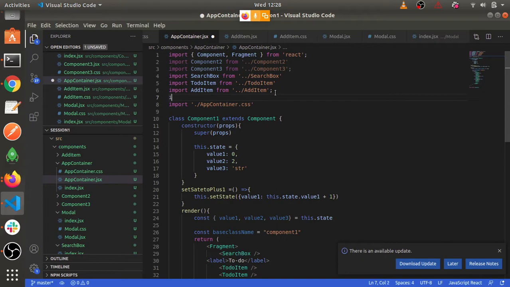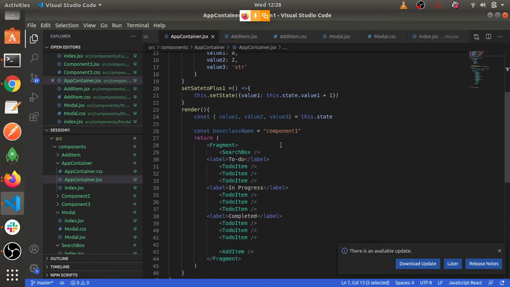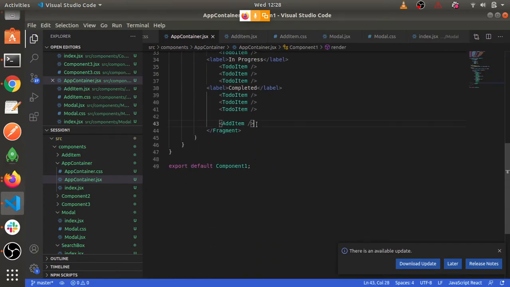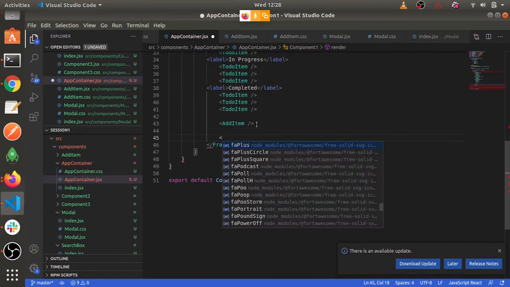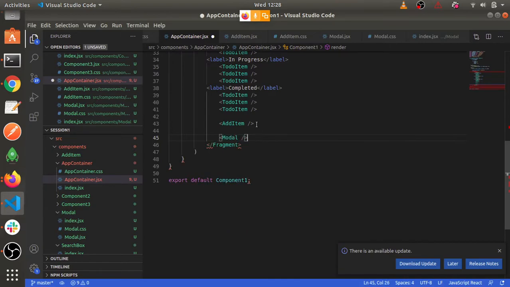I'll import it inside our container: import modal from modal, and use it here. This semicolon is not needed because this is ES6, where semicolons are totally optional, like in Python. It is not going to affect my UI because this will get position fixed.